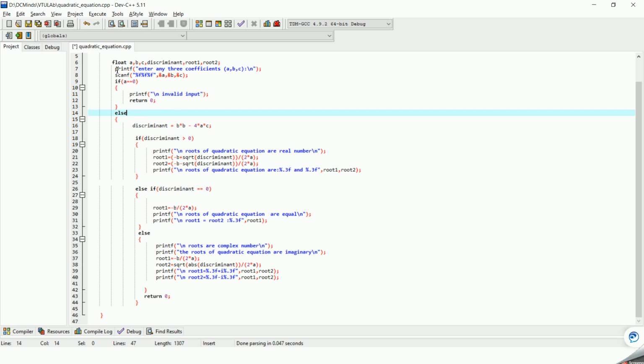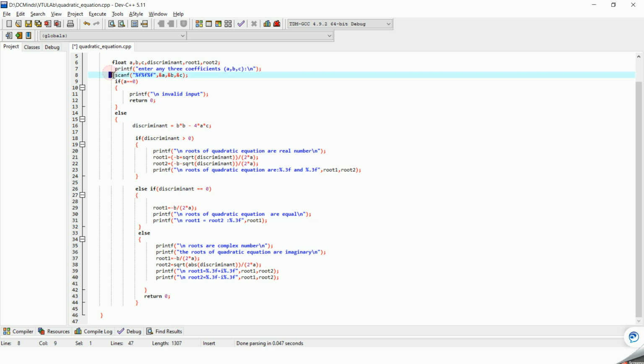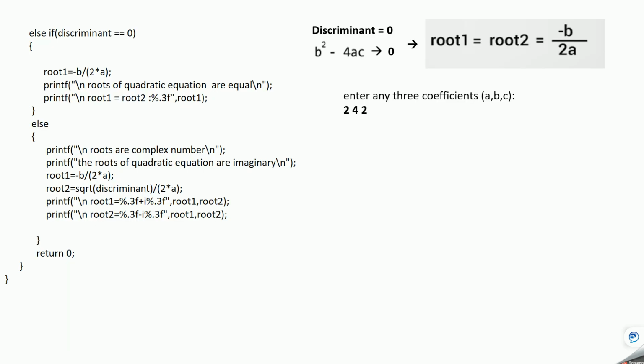It will ask for the values of a, b, c, and then we'll read them. It will say enter any three coefficients. So it will say 2, 4, 2. The value of a will be 2, b will be 4, and c will be 2.